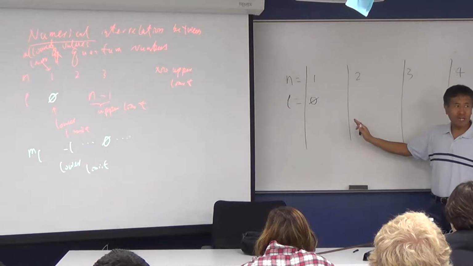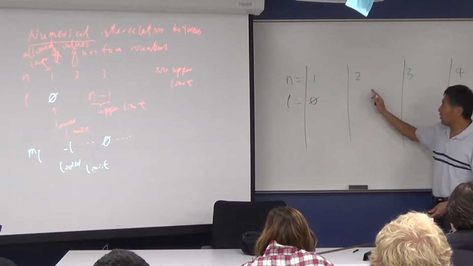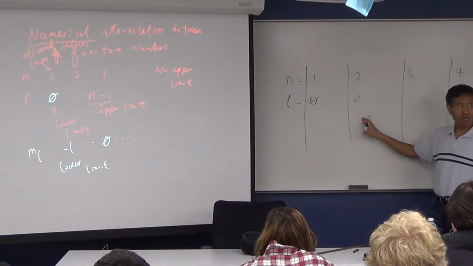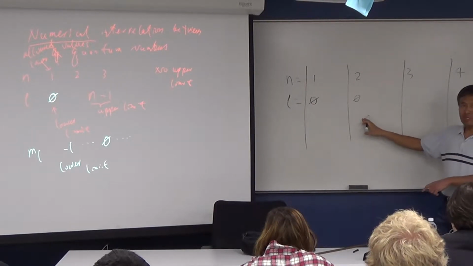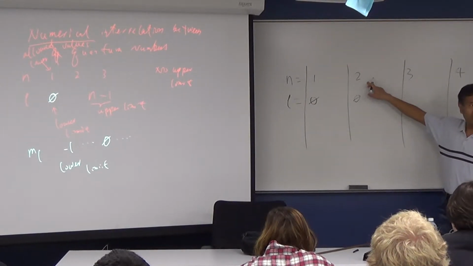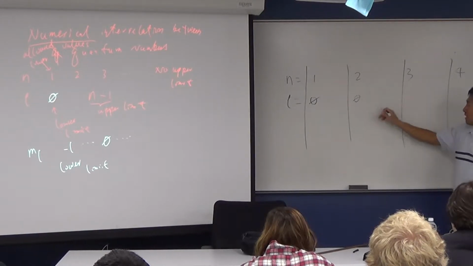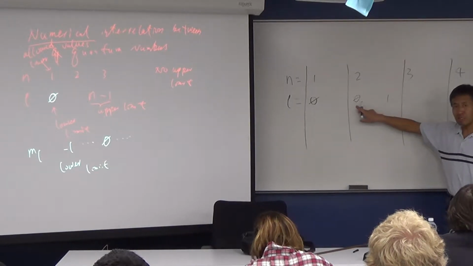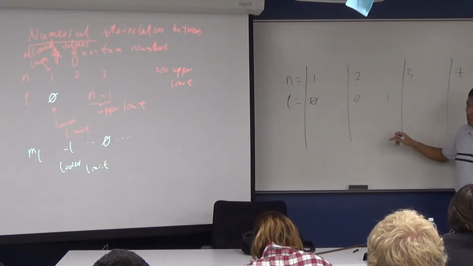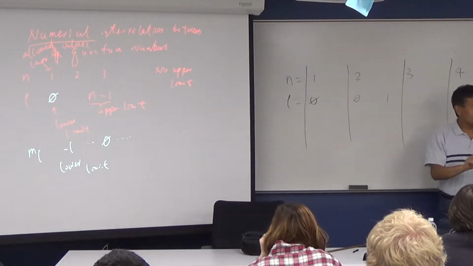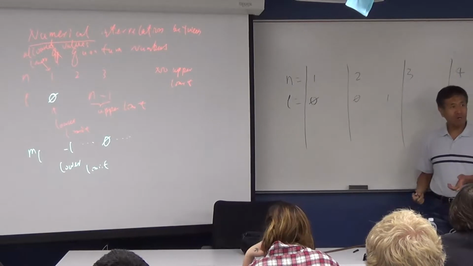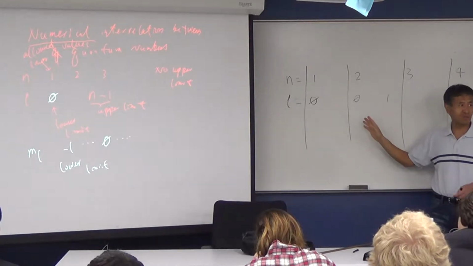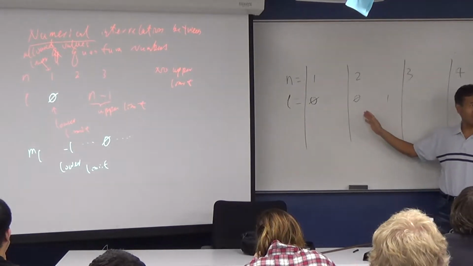And obviously you can have n equal to 2. If n equals 2, your L again starts from 0. And usually you can specify the upper limit. So what will be the upper limit if n equals 2? It is 1, because n is 2, so 2 minus 1 is 1. So that's your lower limit, that's your upper limit. The integers in between the lower and upper limit: if the upper limit is 1 and the lower limit is 0, there's nothing in between. Just go from 0, add 1, you get 1.